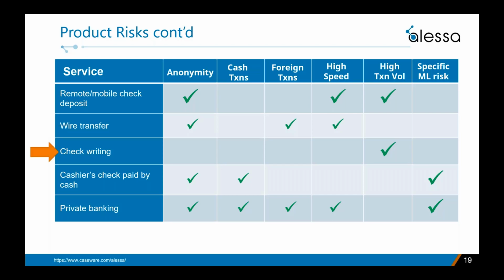Check writing is, on the other hand, pretty low risk. A check is a permanent record, even though the paper doesn't stay around very long as they're now converted to electronic images. On the other hand, a cashier's check written in exchange for cash is high risk, especially if there's a pattern to this activity. This is a classic form of placement, meaning converting dirty money into a legitimate form. The risk is exponentially higher if the bank does this for non-customers. I'm not sure how much that happens anymore, but it is possible.